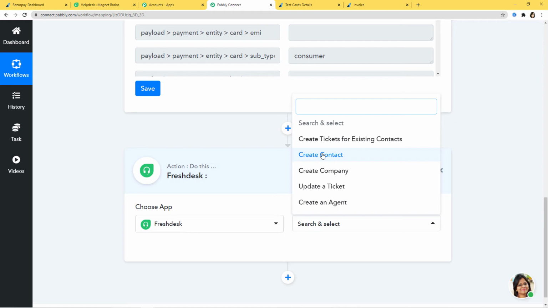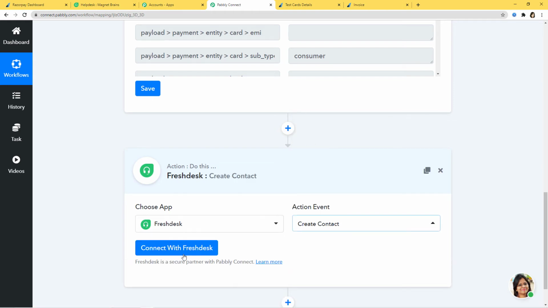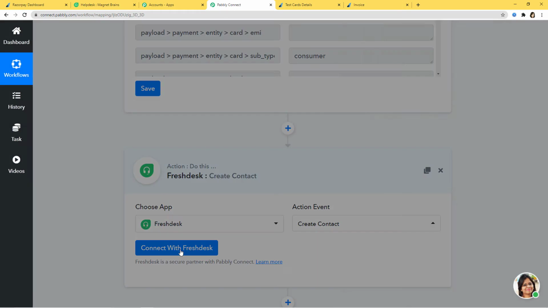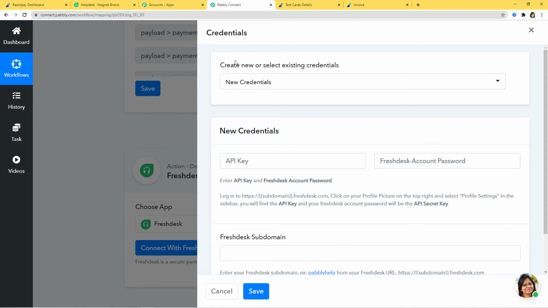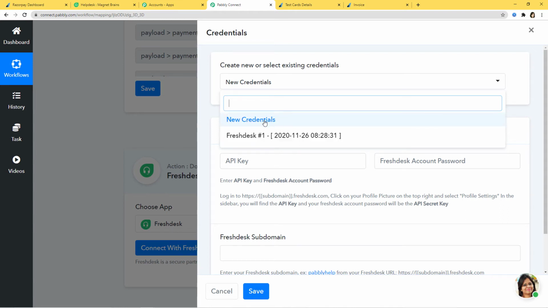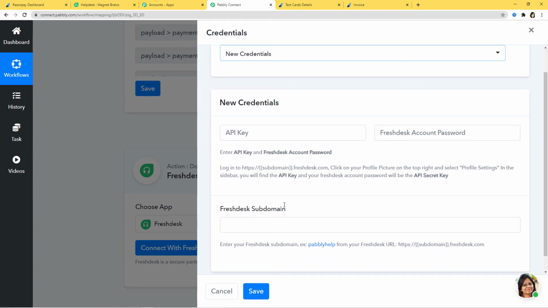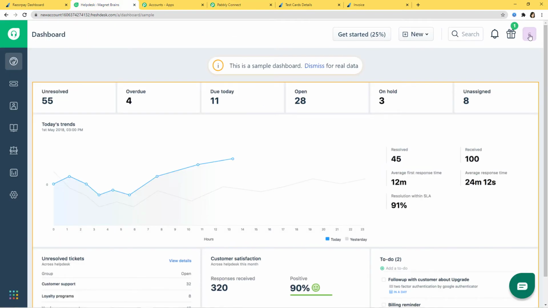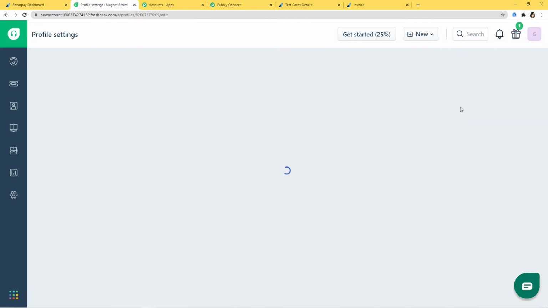So now I'm going to click on create contact and now I'm going to connect with Freshdesk. Okay, create new or select existing credentials. Now, if you have an existing credential like this, you can just directly select them and then you can go forward. But here I'm going to click on new credentials. So here it is asking me for the API key and Freshdesk account password. So here in order to get your API key, we have to go back to our Freshdesk account. So I'll go to my Freshdesk account over here and now I'll go to my profile settings from here and